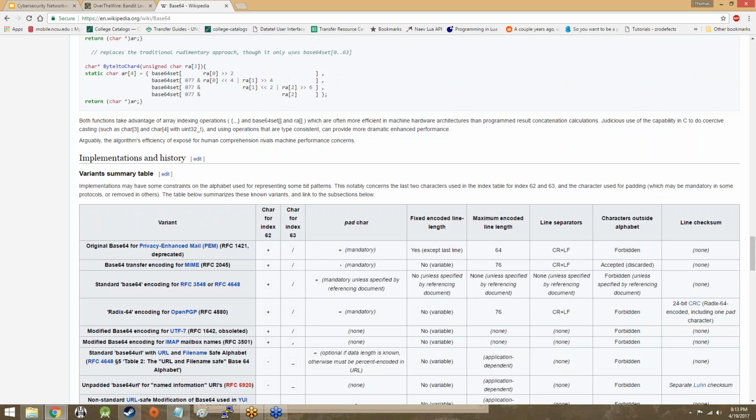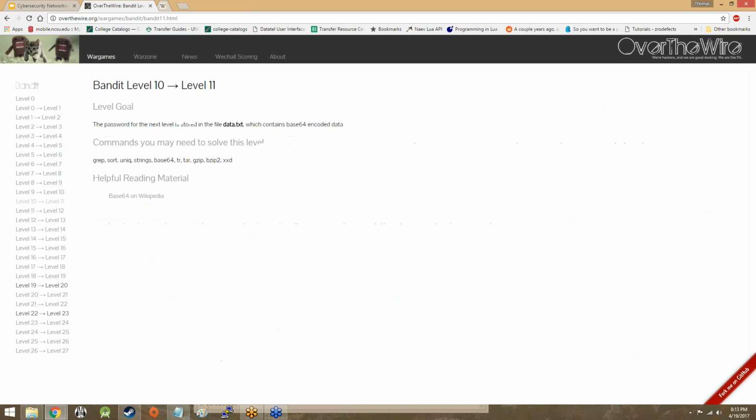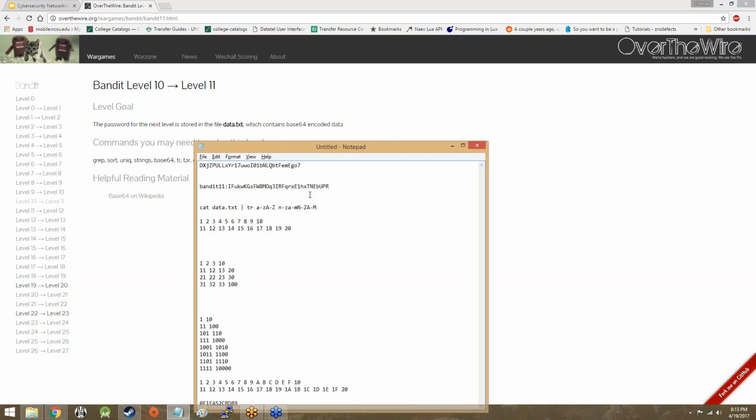As you can see here, there's a whole bunch of stuff on converting to base 64. We're not going to worry about that. Anyway, all we did was decode from base 64 back to binary, and then it might actually be base 10 since it's ASCII, or hexadecimal, depending upon whatever translation table they use. Anyway, we translated it into something useful for ASCII, which gave us the password, which brings us